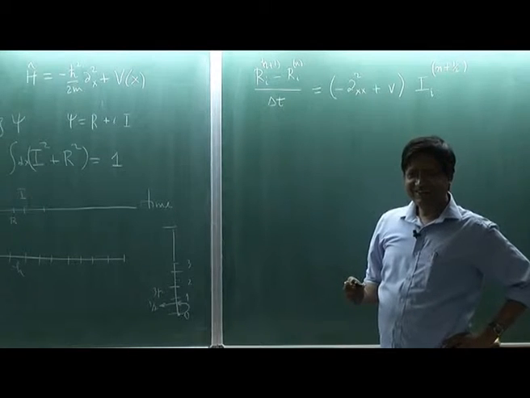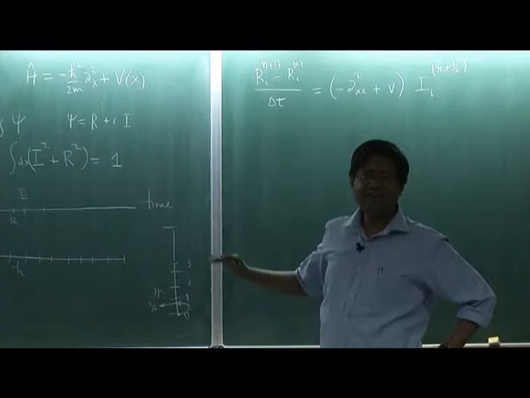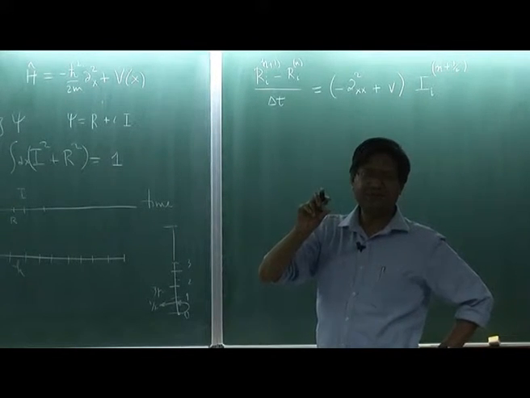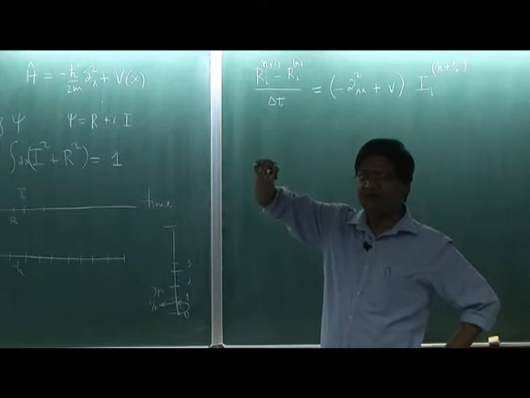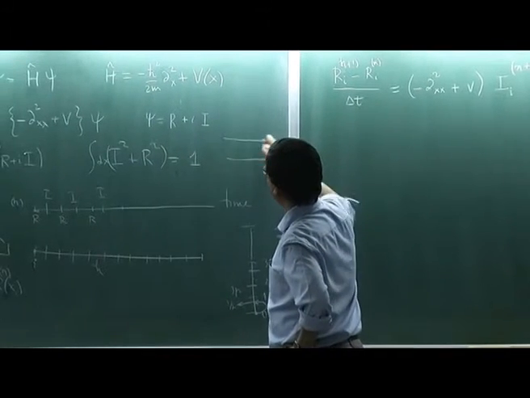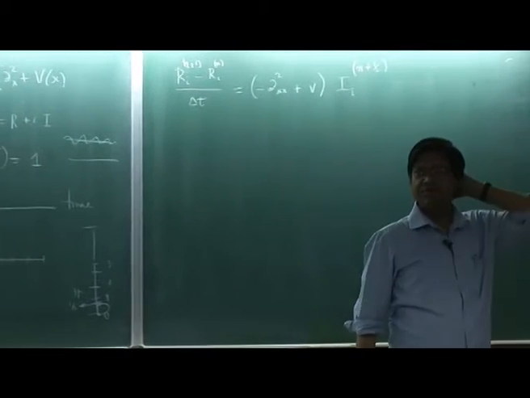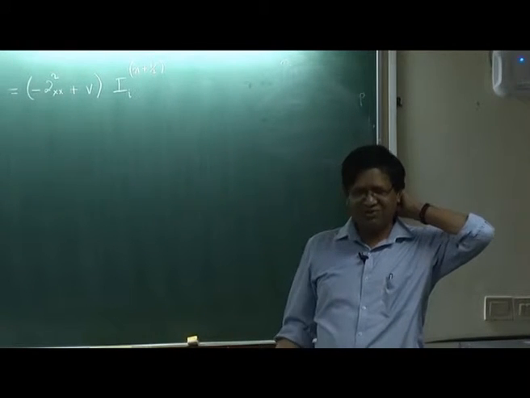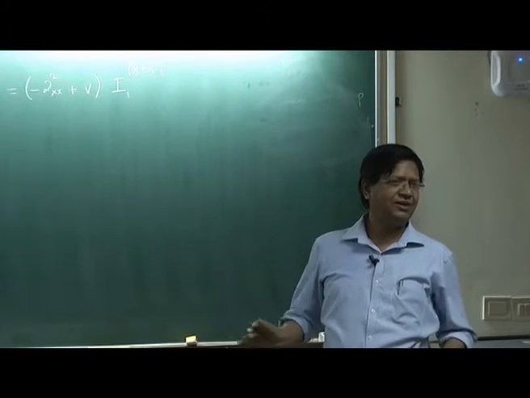Now is that clear? You will just do the bookkeeping and you will get it right. This scheme preserves mod psi square within error. It will neither decay nor grow. So mod psi square, if I compute this quantity, it will fluctuate around 1. So this is a way to do it. You can do this in this class. Whoever is doing the time dependent Schrodinger equation can adopt this scheme.